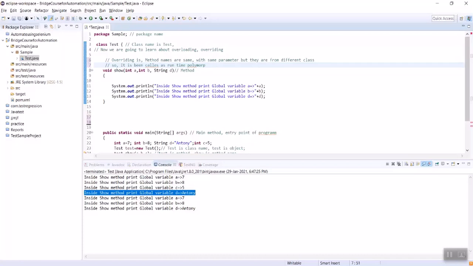Polymorphism means one man, different forms. In our home we act as children for our parents, but in school we act as students. We act as a public person in public. So the person will be the same, but they will act as different people. That is called polymorphism.